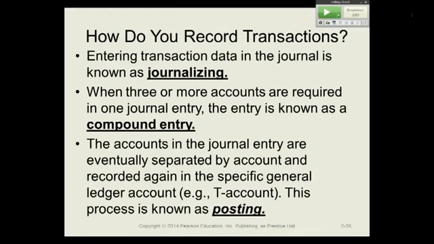So the process would look something like this. You're going to wind up having a general journal. And the general journal is the book of original entry. So that's the first place you record the transactions. Then, if you wanted to go to the T accounts, and this is known as journalizing,